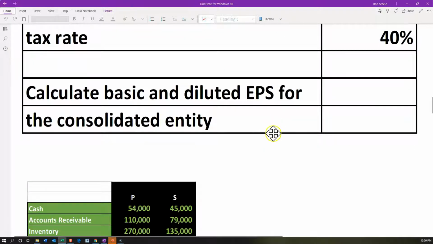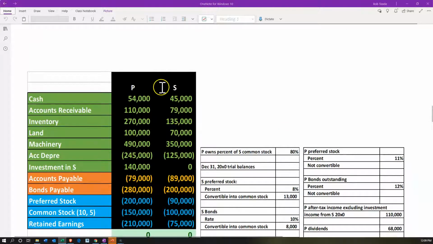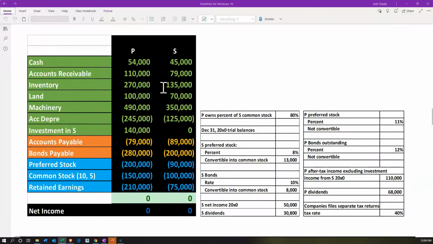Here we have our information for the trial balances for the parent and the subsidiary, as of the year end for which we're going to be doing the earnings per share calculations. This is basically the post-closing trial balances, so basically balance sheet accounts, the permanent accounts, not the temporary accounts. We see down here that we have the bonds payable on the books for P 280, S 200,000, the preferred